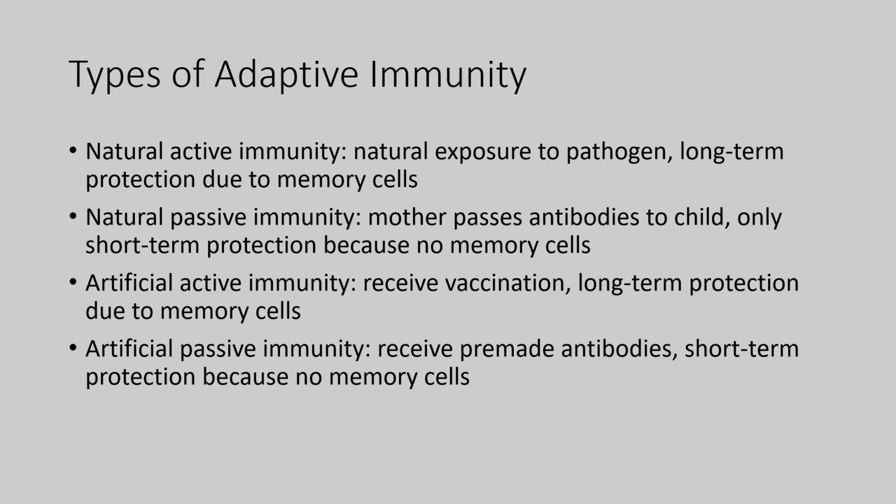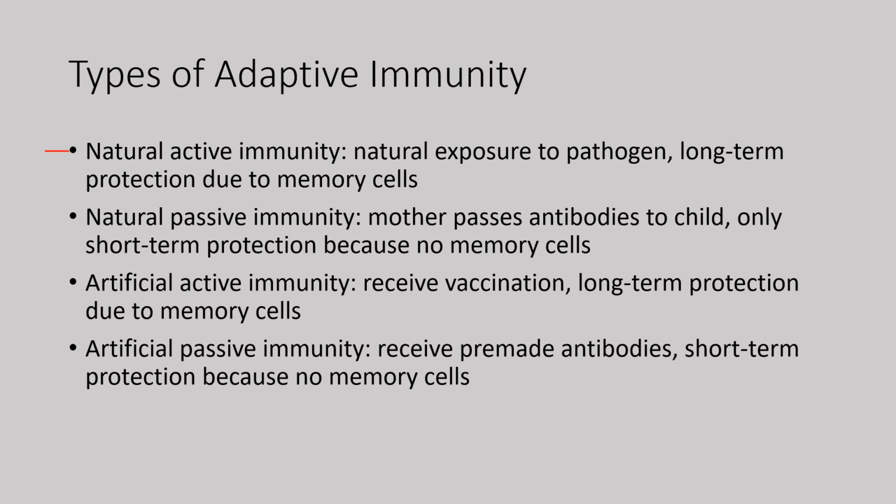Active is when you are exposed and you are going to make the antibodies against whatever the foreign substance is, whatever that antigen is. You make the antibodies, which means you have long-term protection because you're going to have those memory cells. Passive is when somebody else has made the antibodies. You're just kind of reaping the benefits from somebody else. It's providing protection for you right now for the short term, but there's no memory cells. So when you put them all together,